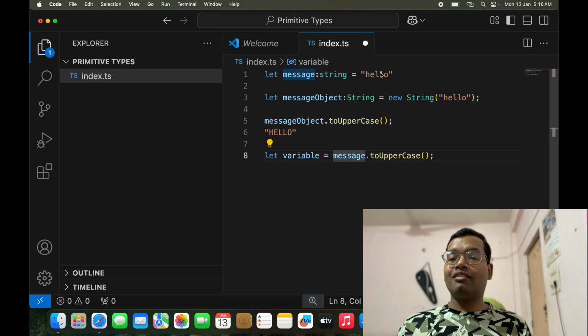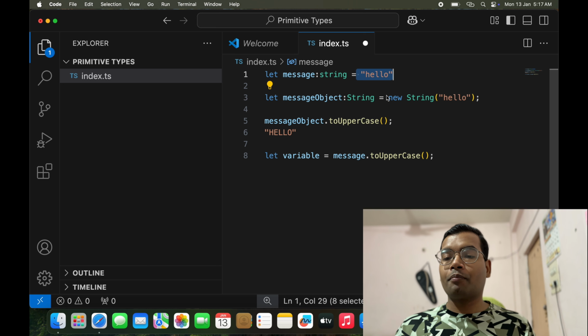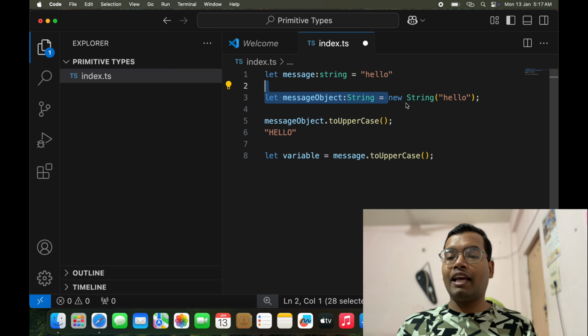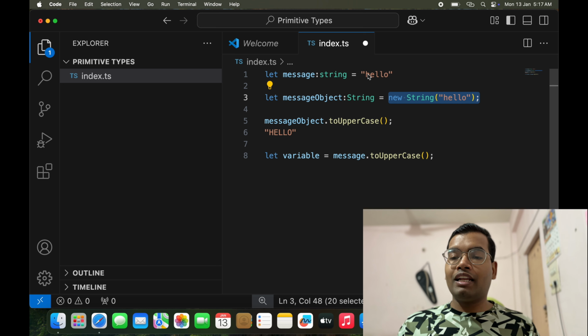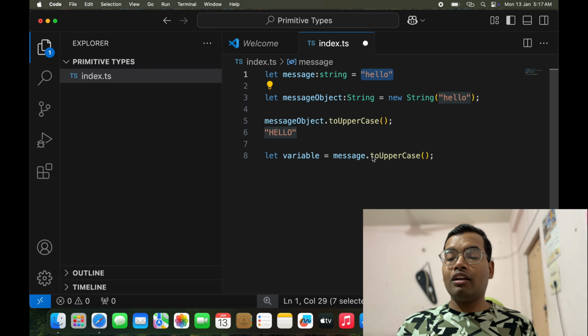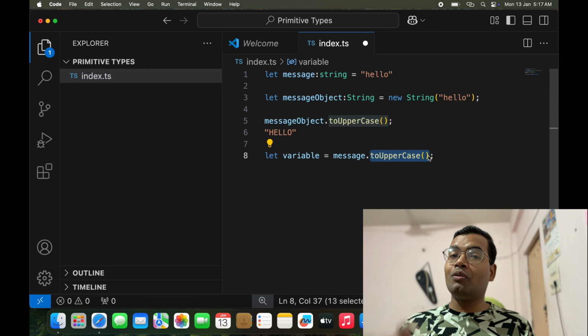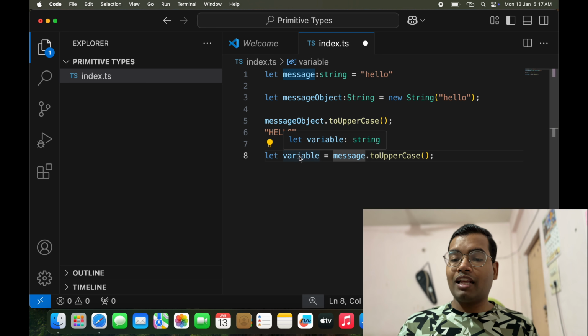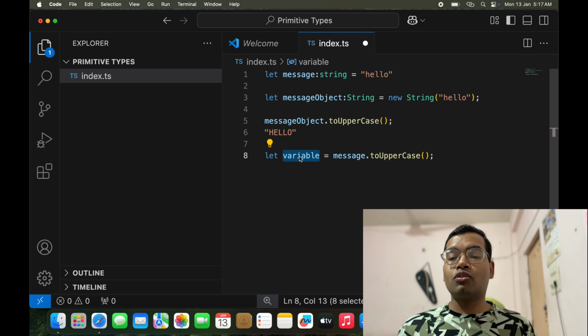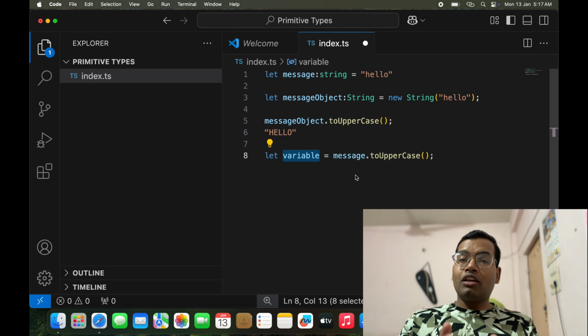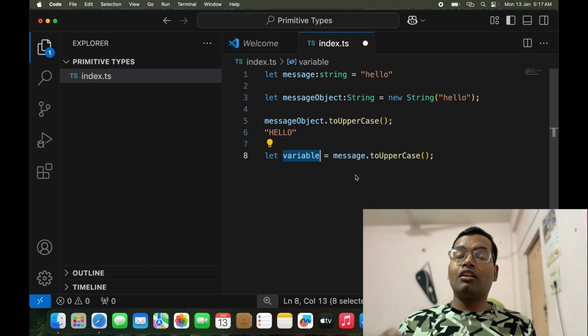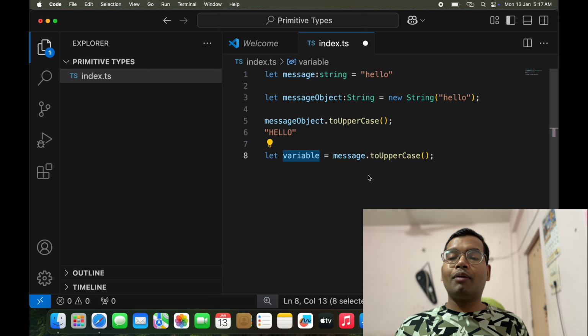It will create a new String object with the data here, and then call toUpperCase on that newly created object. It will take the result of that function and store that result into this variable. After that, the newly created object will be thrown away or destroyed automatically by JavaScript. So all this happens behind the hood,